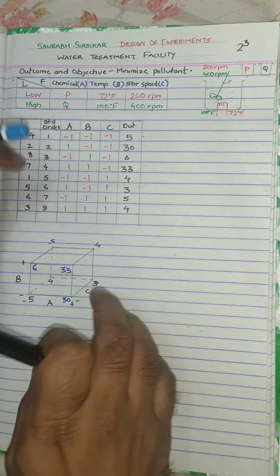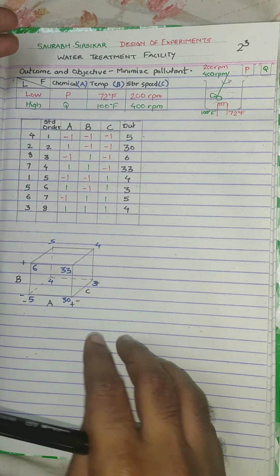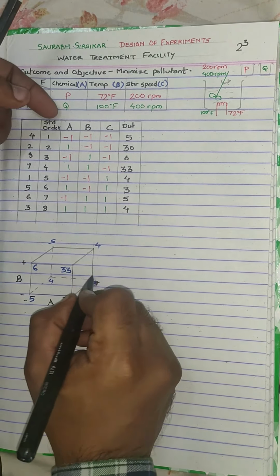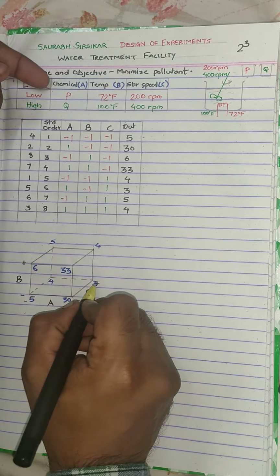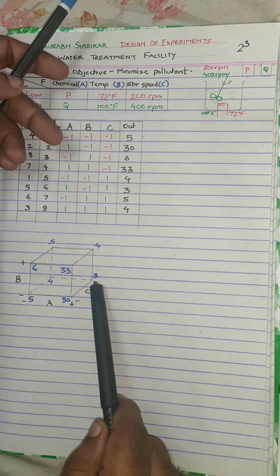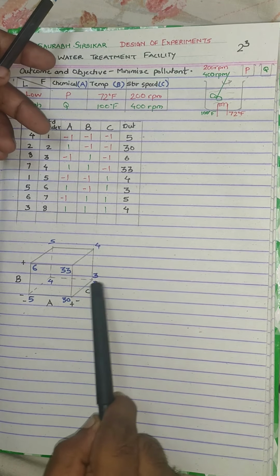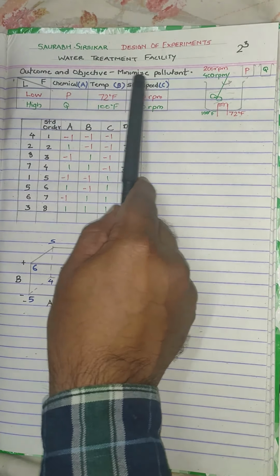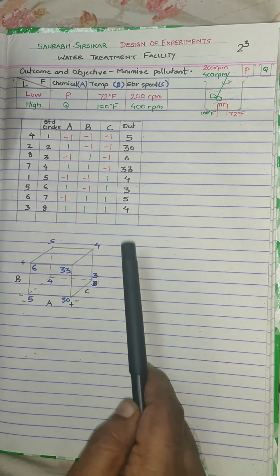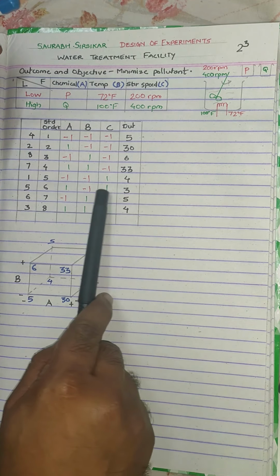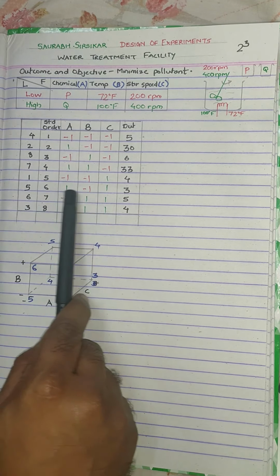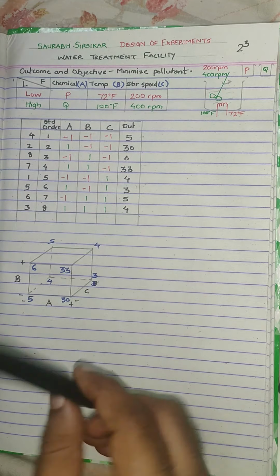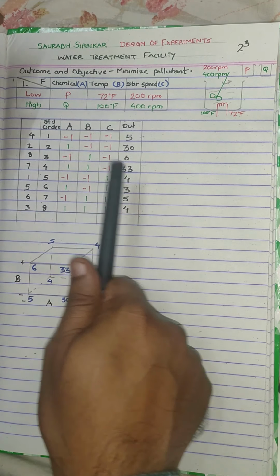Now just plotting it is not sufficient. We need to understand that at this particular setting, I will write it again, here we have a 3. So we found that at this particular setting we are getting the least amount of pollution, and what is our objective? Our objective is to minimize the pollutant. So we have found a setting, that is this one, which is giving us the minimum pollution. Okay, but still we will find out the main effect of each and every factor.